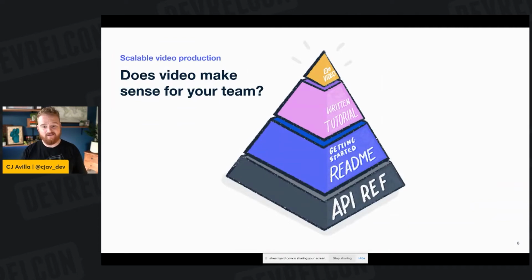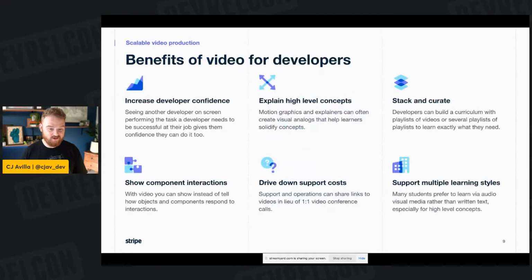There's a bit of a Maslow's hierarchy of needs going on with dev content. At the very foundation, devs are going to expect a ton of written documentation, right? So you've got your API reference and some hello worlds and quick starts and maybe some use case driven tutorials showing step-by-step how to accomplish some task. We find that it's important to have these written building blocks installed before you start driving down the video path. So that's something to think about, whether video even makes sense for your team.